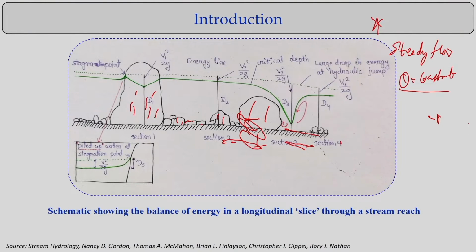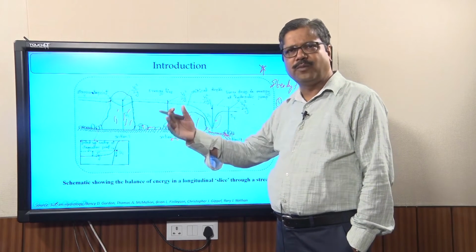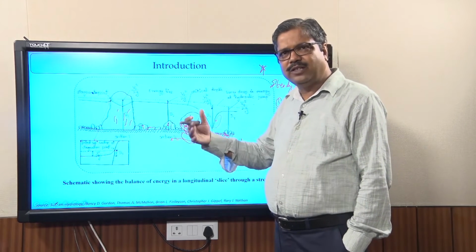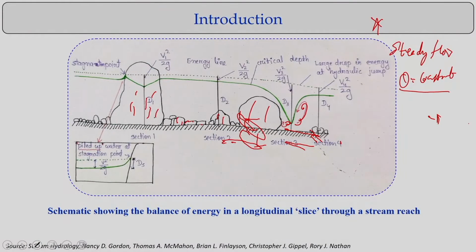Slope of this energy line, we can always quantify it, how much energy is dissipated because of these positions of the boulders. When you commit to these locations where the flow changes, it reaches a critical depth and there is a change from supercritical to subcritical. The hydraulic jump formations happen. There will be hydraulic jump formations, vortex formations, and energy dissipation. So because of that there will be a change of the energy losses here.